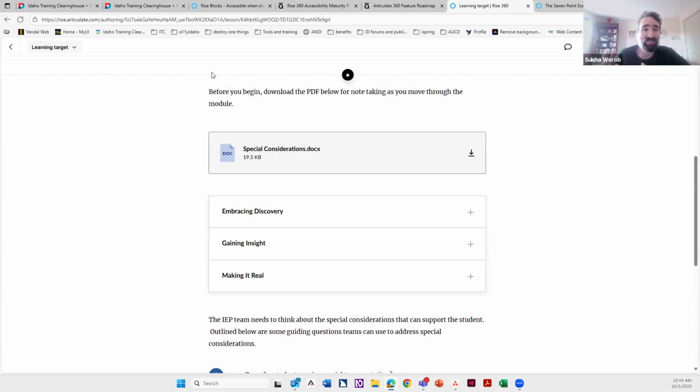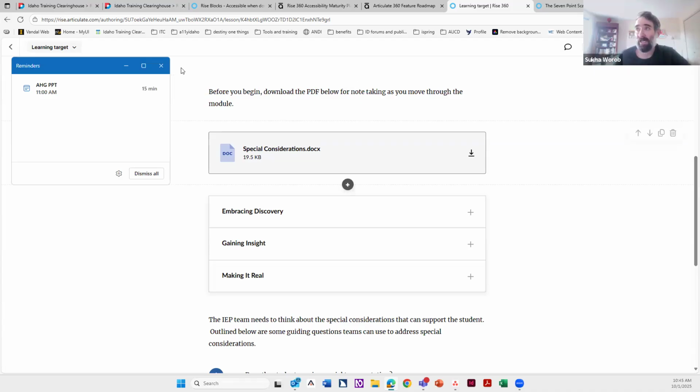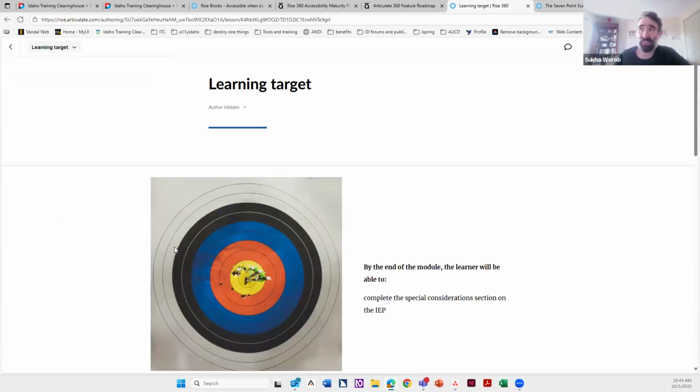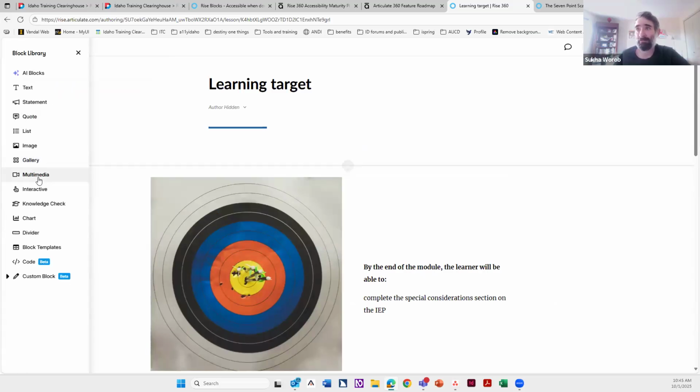You can go in, I use it quite often, and it states in the beginning, this article will be read by an automated voice, and then it reads the article. So that could be something that we could discuss or you might consider for these. And then we get into this interesting spot where if you are doing something similar to that, if you are adding an audio block up at the top,